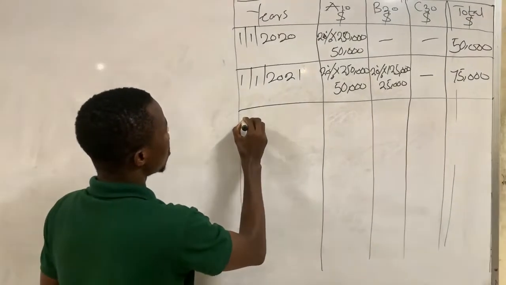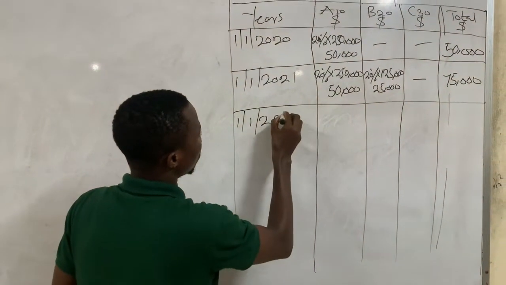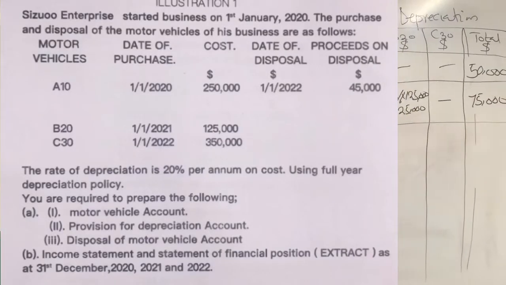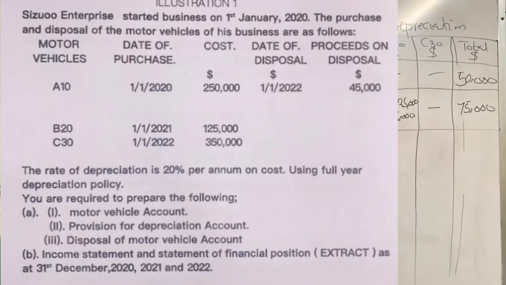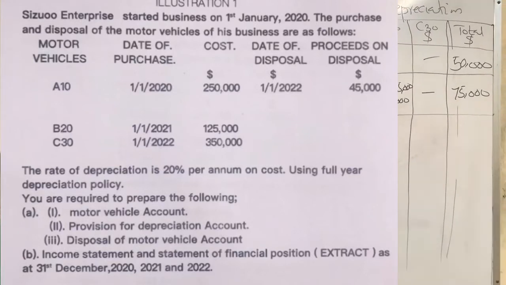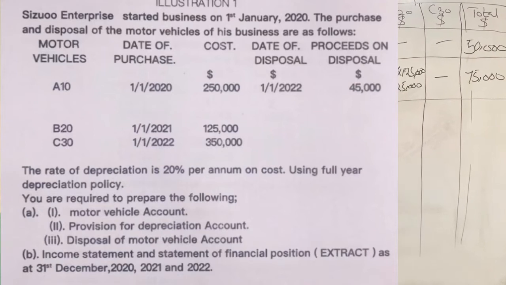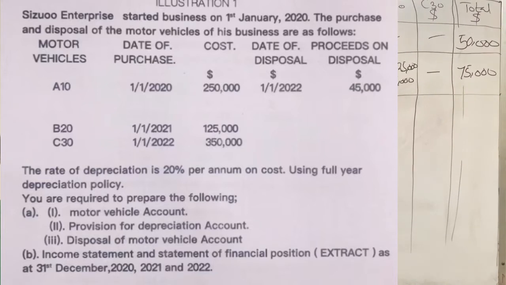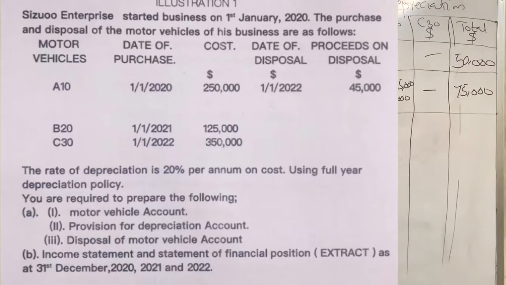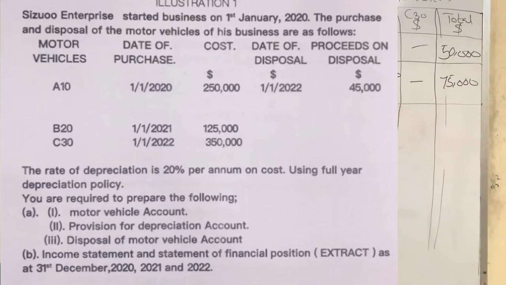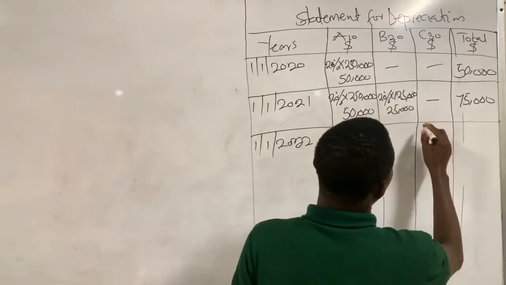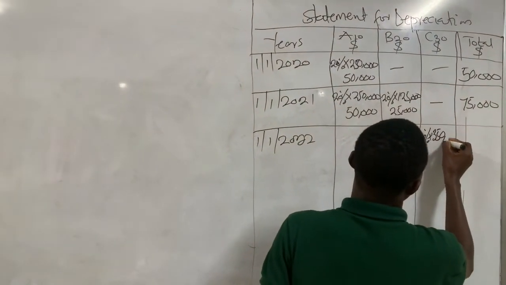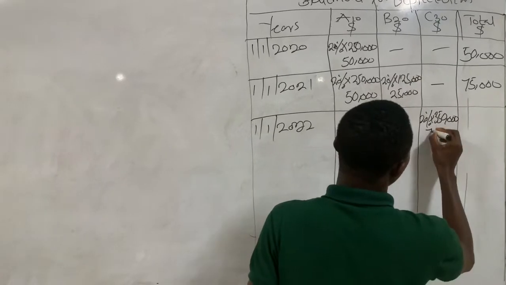So for 2022, we acquired an asset, that is C30, and we also disposed the A30 on 1st January 2022. So let's first of all consider the acquisition, that is C30, and the cost is $350,000. So we will still apply 20% on $350,000, and this is going to give us